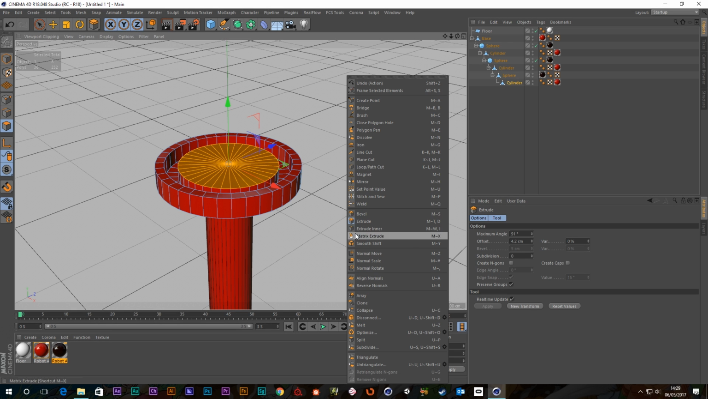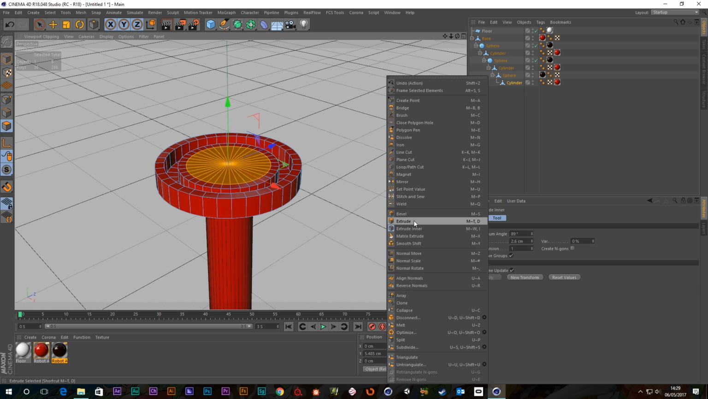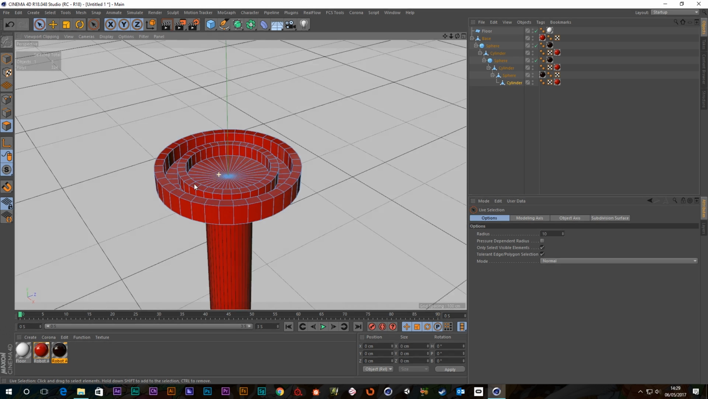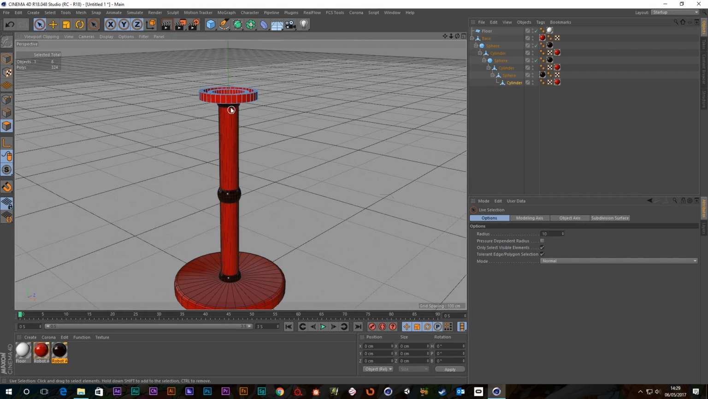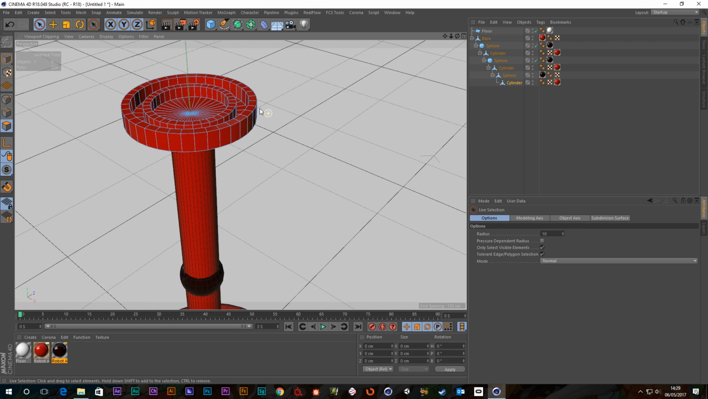And then I'm going to right click, extrude inner. Something like that, and then just extrude back down again. So now we've got something like this. And I'm just going to treat that like a little sucker on the end of the whole deal there. Okay, so